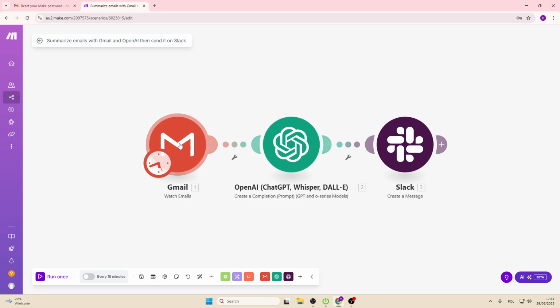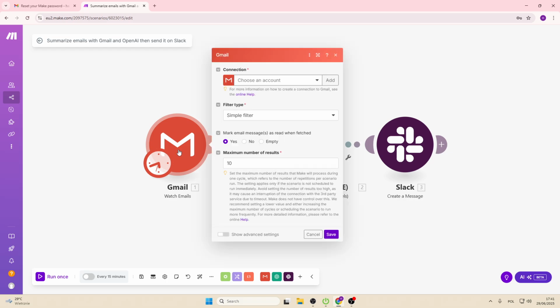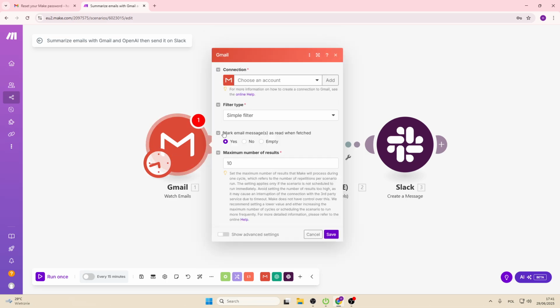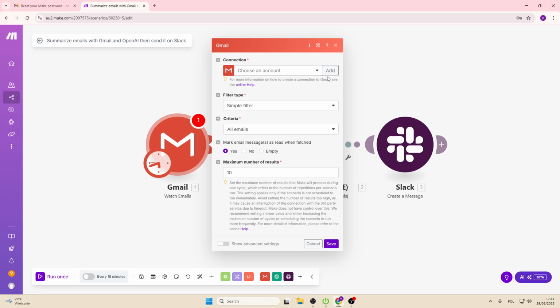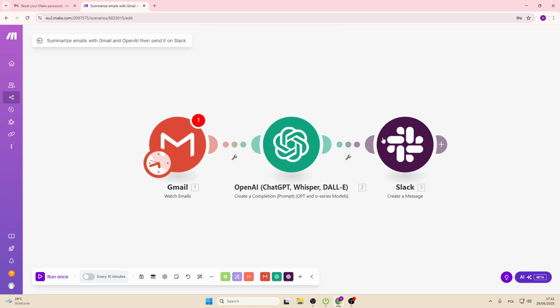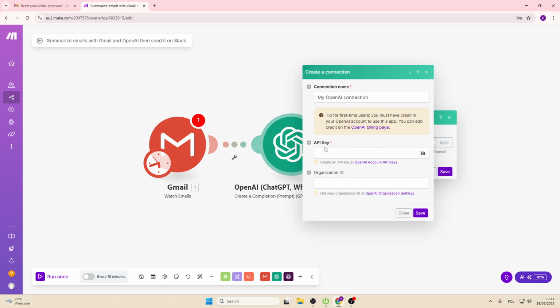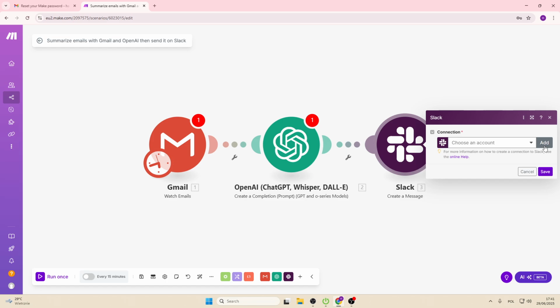And here what you're going to do is just connect your accounts from Gmail, OpenAI, and Slack to this app. So you're going to click on Gmail, for example, select connection. So click choose an account, and it's going to make you choose from your existing Gmail accounts you're going to connect them. Same thing with OpenAI. So here you can choose an account, paste in the API key, and same thing with Slack, where you connect